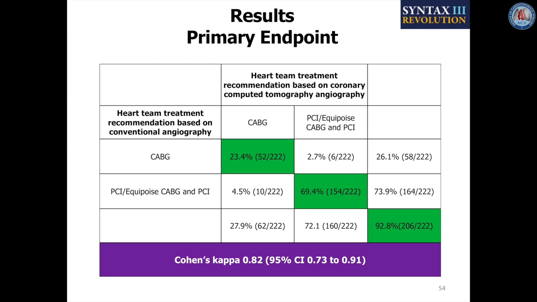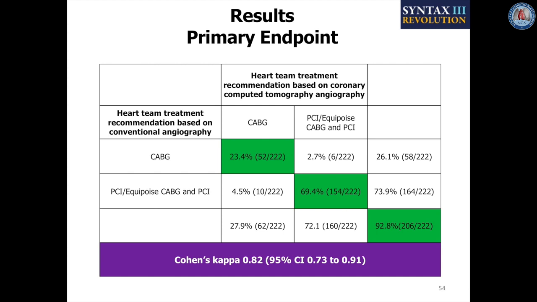And you see agreement for bypass surgery as the only option of treatment. There is an agreement in 52 cases, 23.4%. The agreement between PCI, equipoise, CABG and PCI is about